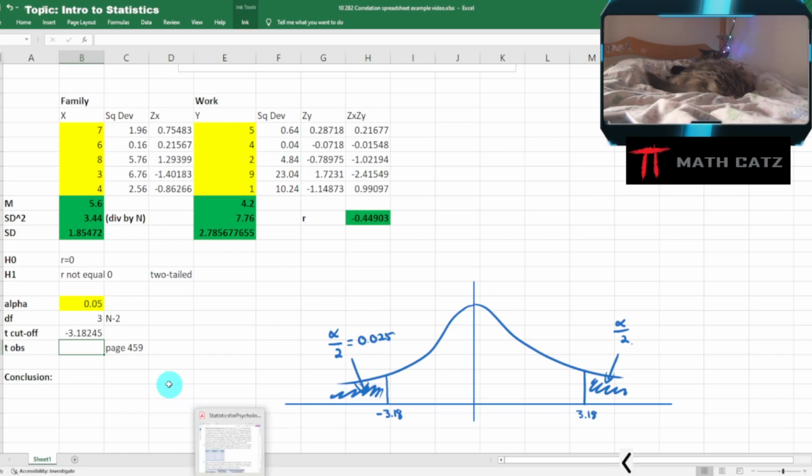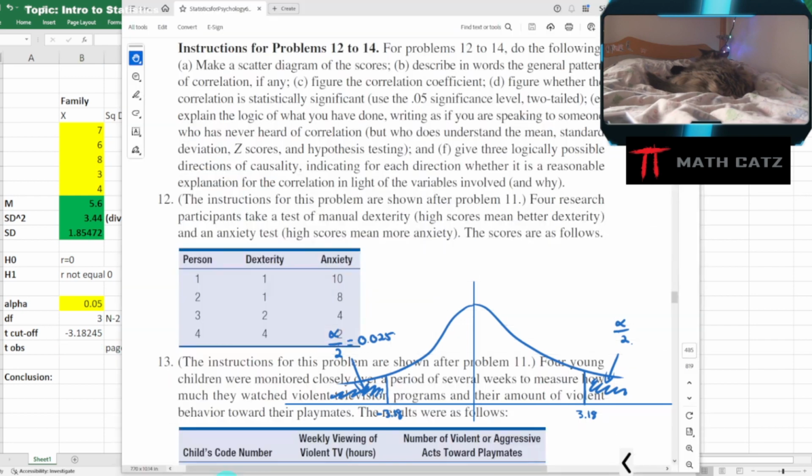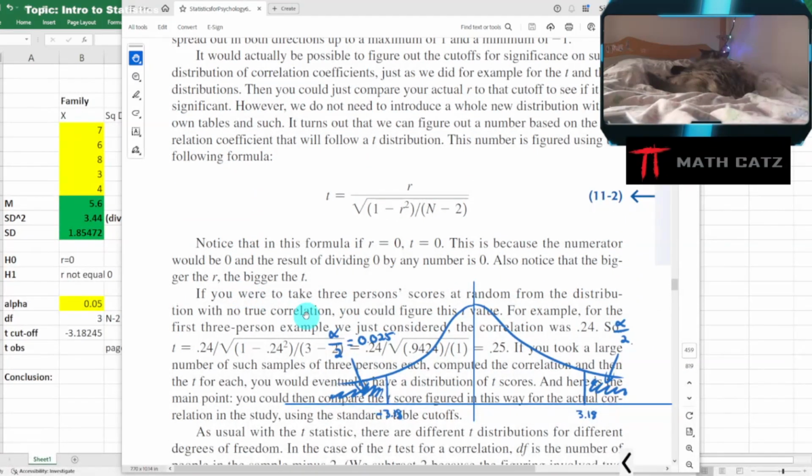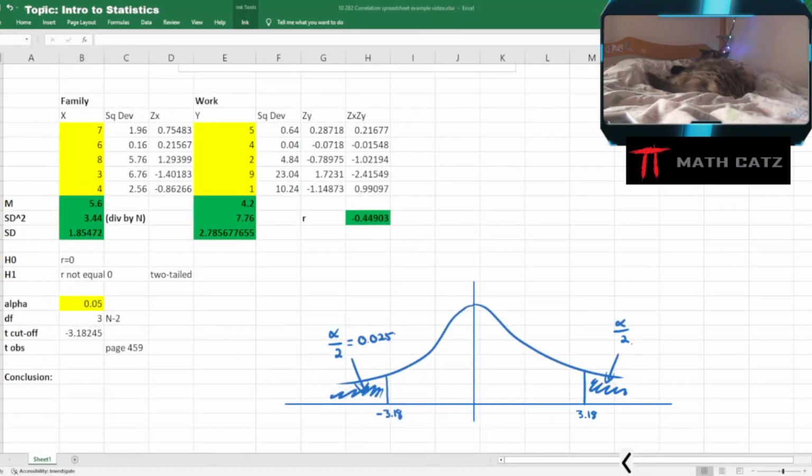Well, this formula is somewhere in all the books. In this case, in the book I have available to display, it's on page 459. Now I drew on the screen here, so just look past that. So it's over there. So take a mental image of that or write it down. I'm going to move it to the side so I can put in my formula according to it. It's going to be the correlation coefficient, which sits over here for us, divided by the square root of a